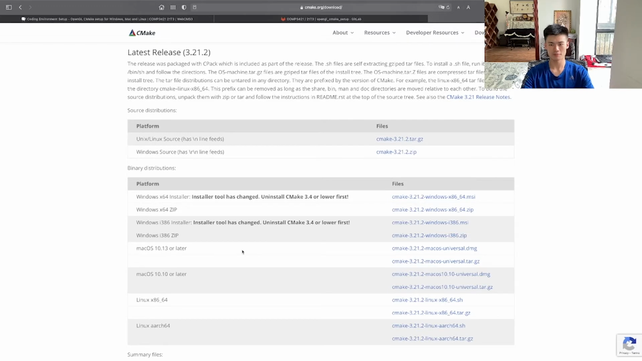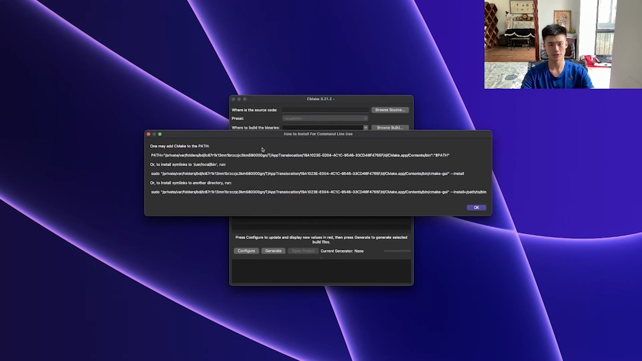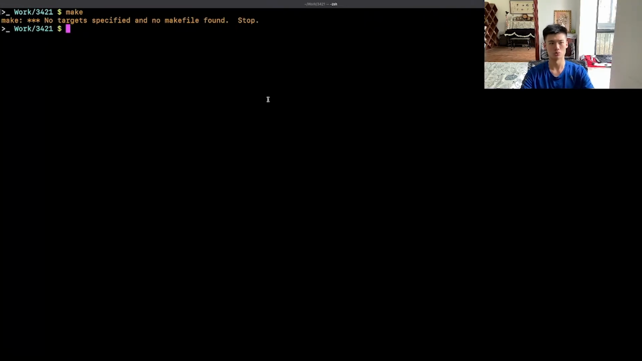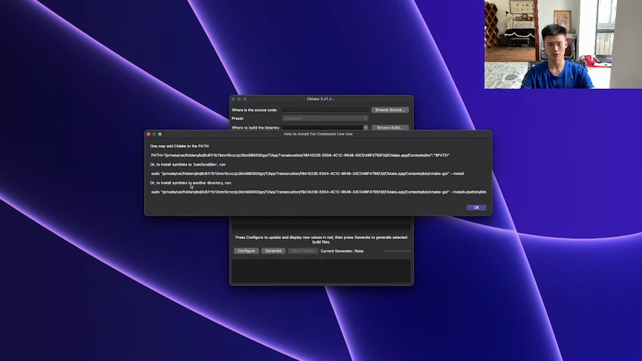Once you have that, all you need to do is fire up CMake after you install it, and you can see a GUI here. Go to the CMake GUI tools and how to install for command line. There are 3 different ways, but basically this GUI is not enough for us because we actually need a command line tool so you can run things like cmake, right? So you can pick one of those to run one of those commands, and after that you'll see